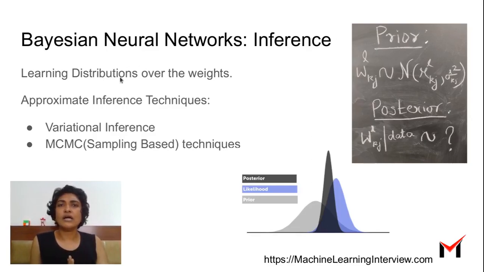We know that typically to find the weights we use gradient descent, or other optimization algorithms which are variants of it. What do we do to find these distributions now? It's slightly different. We need to do some kind of approximate inference. The techniques that are used to find the weights are slightly different from the techniques that are used to find distributions over weights. The 2 popular techniques for approximate inference are variational inference, which involves approximating the distribution that we want to find